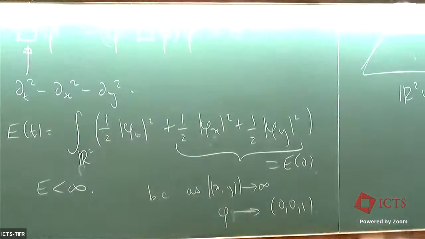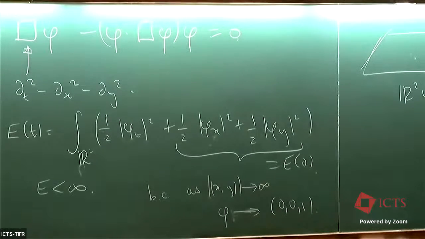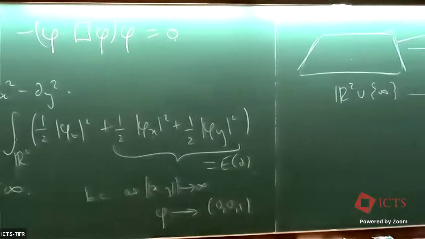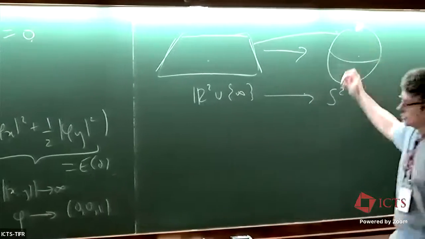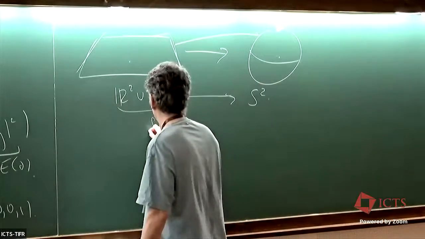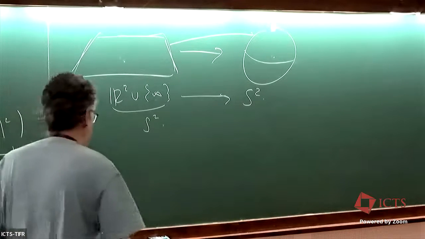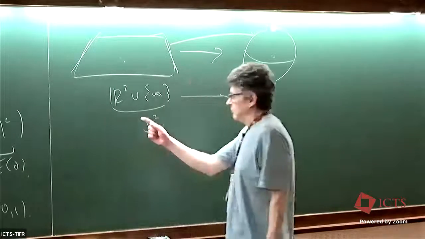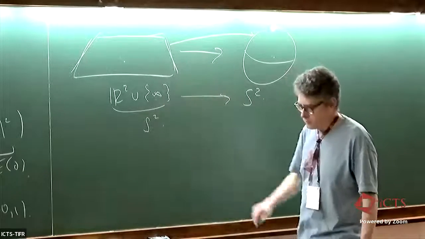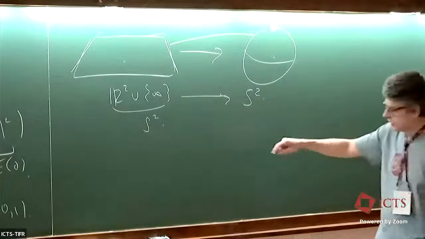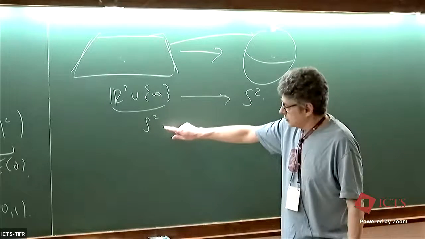Okay, this marked point here, the point representing all the points at infinity, gets mapped to the North Pole. So topologically, this is just another two-sphere. This boundary condition gives us a well-defined notion of the topological degree of our field. By taking this continuous extension to the one-point compactification, we get a continuous map from S2 to S2,